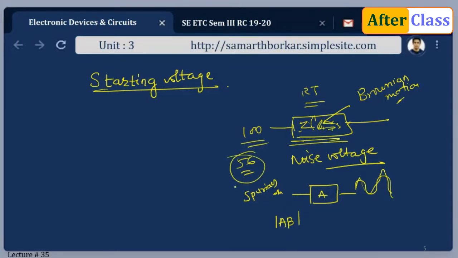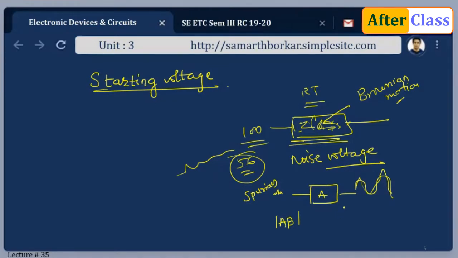Fine. So it is not that I have to design strictly that the gain has to be 56. It should be greater than 56 just to start the oscillations. And this is a feedback mechanism. Say you are driving a car, you see a speed breaker in front of you. What do you do? You just lower your speed. That's a feedback mechanism. The same thing, feedback, is achieved in the case of this oscillator circuit.